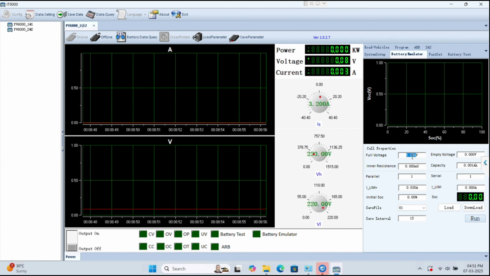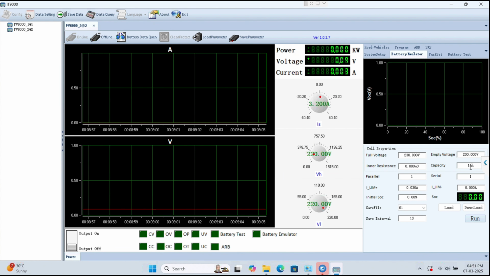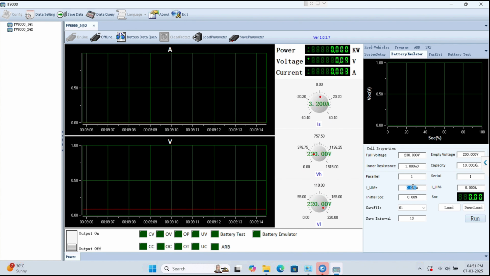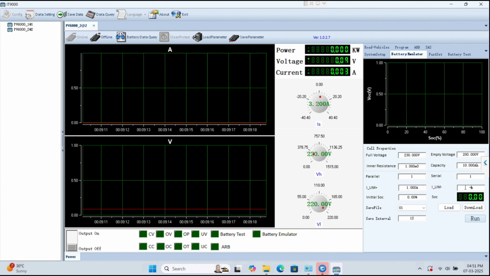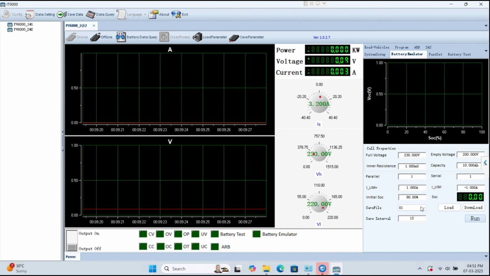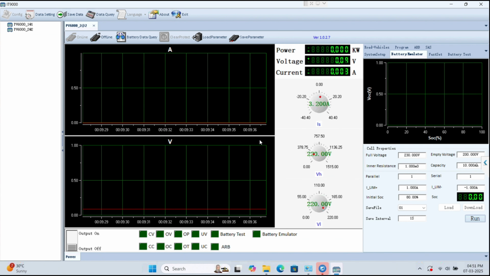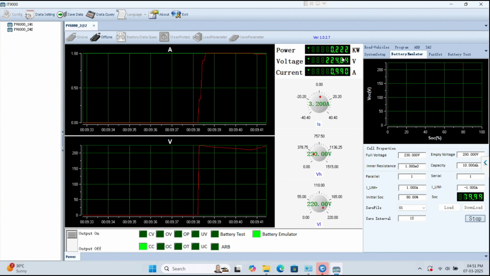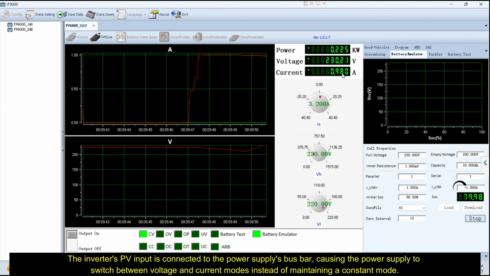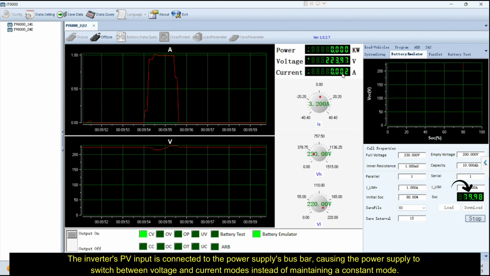For example, a battery setup might include full voltage 230 volt, empty voltage 200 volt, internal resistance 1 milliohm, capacity 10 Ah, series and parallel configuration 1S1P, positive current 1 ampere and negative current minus 1 ampere, SOC 80%. After saving this setup to file number 1, I am running this test. As you can see here, the actual voltage and power. So as you can see here in the SOC menu option, it will show the live associated value.